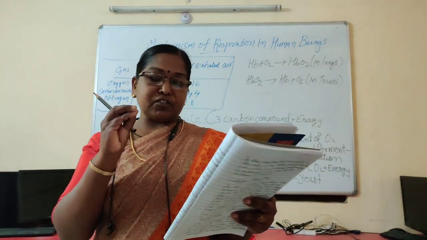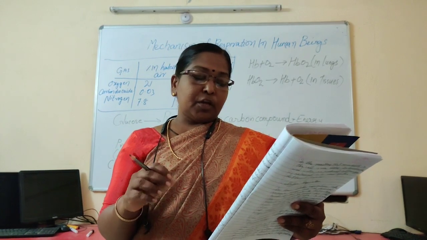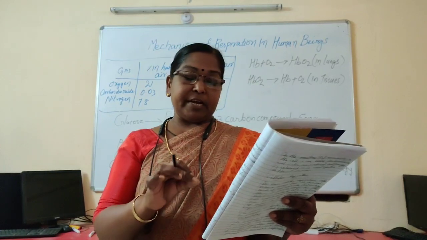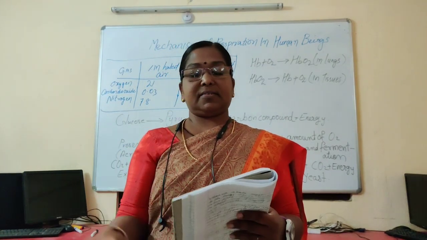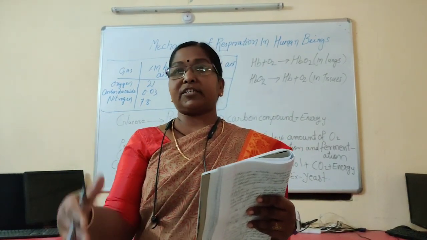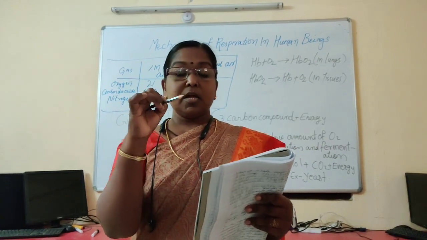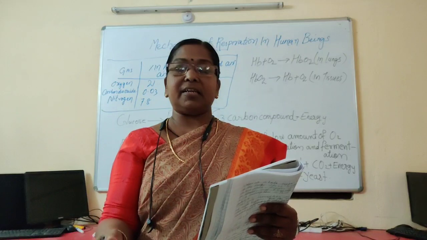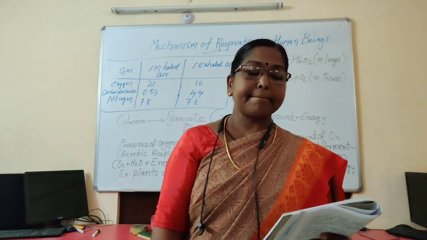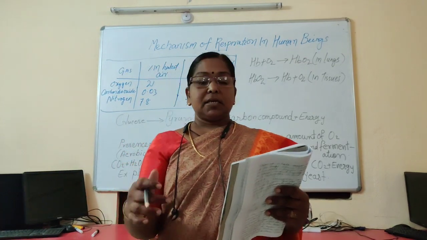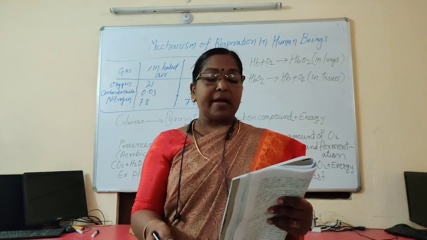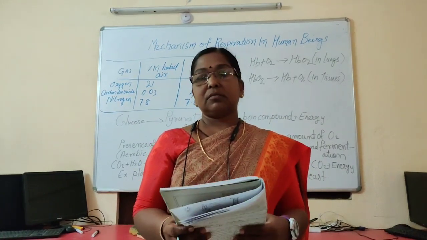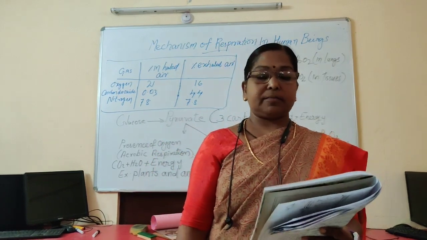As the concentration of oxygen is low, the hemoglobin present in the blood will release the oxygen molecules that enter the cells. Then reactions take place there. When the oxygen released from the hemoglobin reaches the cell, the reaction takes place. Then water, carbon dioxide and energy are produced, and this energy is used for different purposes in our body.